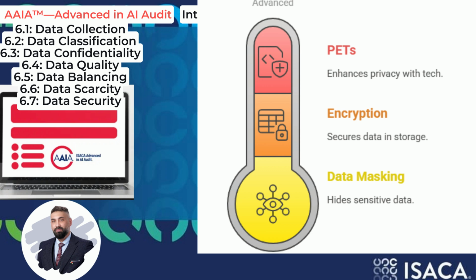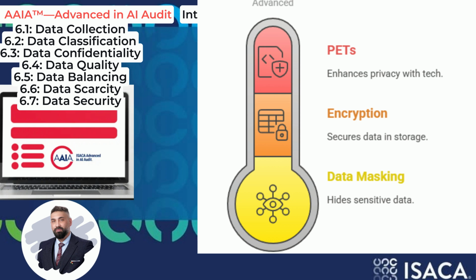Encryption. This is crucial. Encrypt data in transit as it moves across networks and at rest while it's stored. Consider encryption for AI models themselves as well. Anonymization and pseudonymization, techniques to de-identify data. However, always be aware of re-identification risks, as AI techniques can sometimes undermine these measures. Privacy-enhancing technologies, PETs. Explore and implement PETs where appropriate. We touched on these before, things like federated learning, training models on decentralized data without moving raw data, and differential privacy, adding statistical noise to protect individual records.